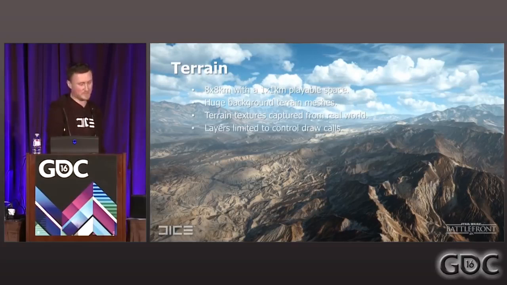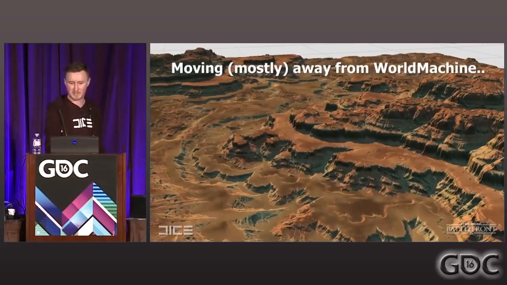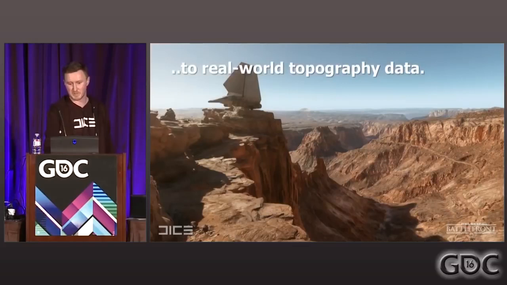And for performance on the terrain, we need to keep the amount of layers as limited as possible. So we had to pick and choose the most important surfaces that would make up the terrain itself. We used to work with World Machine a lot more on BF3 and 4 days. And that was great back then. It fit within the style that we were going for. But going into Battlefront with much more photoscan characters and things like that, we needed to make sure the photoscan assets up close would blend to a realistic background, and World Machine just wasn't really cutting it.